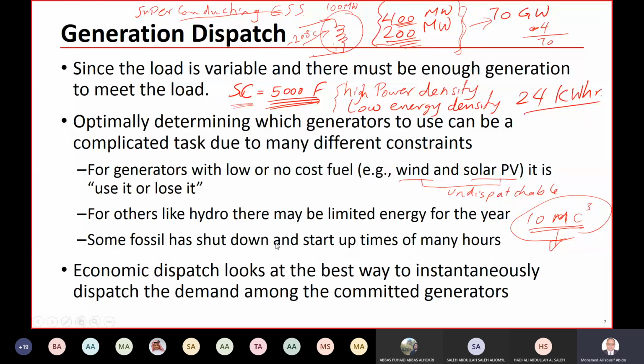Also in dispatch, you have to look at this issue. Some of the generators take 3 hours to shut down, and after shutdown, to start up again, when you start it up, it may take 3 hours to be on full utilization. An economic dispatch looks at the best way to instantaneously dispatch the demand among the committed generators,